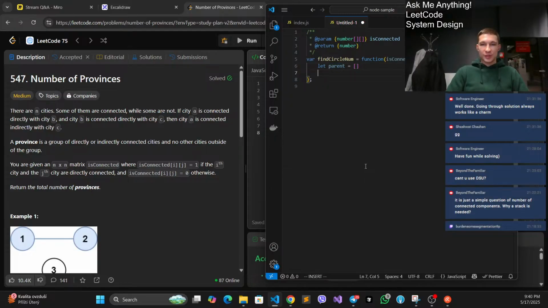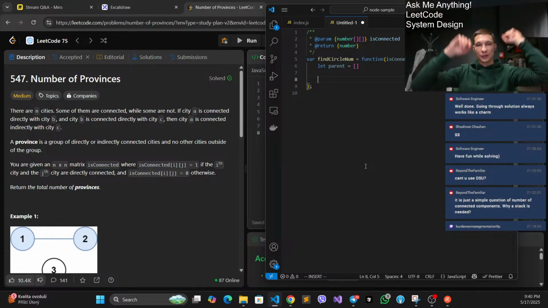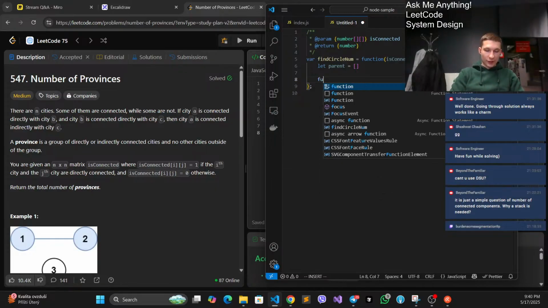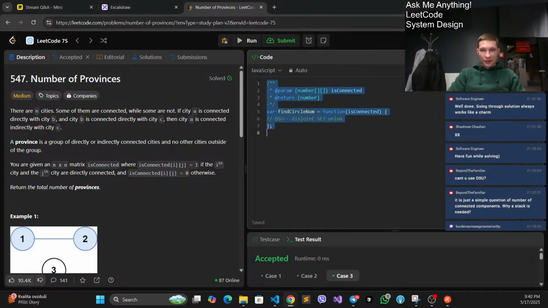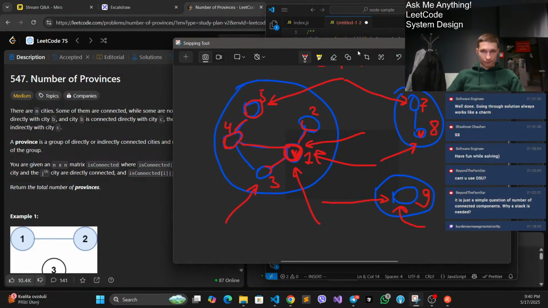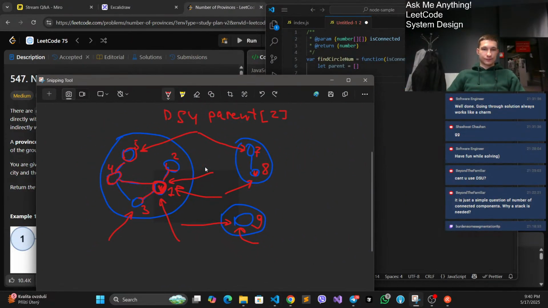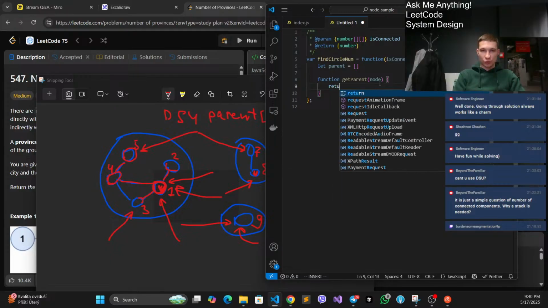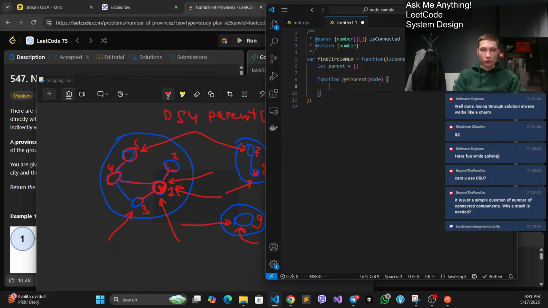We're going to do a bunch of optimizations later on to improve our complexity, but overall the idea should be the following. First of all, we need to write a function that's going to find the representative. How is it going to work? It's pretty simple. Get parent. So for every single node, parent should be the node called